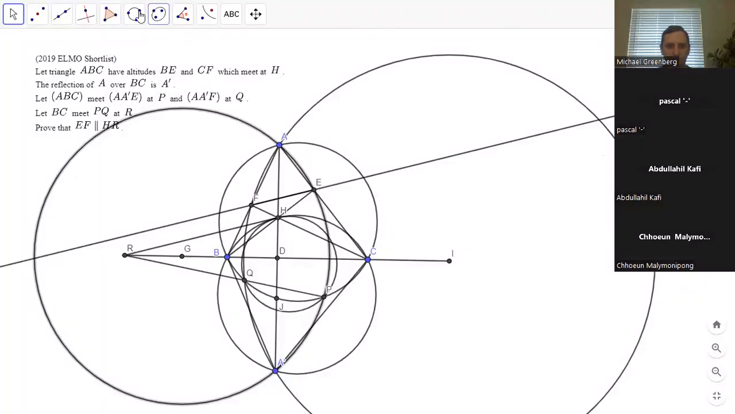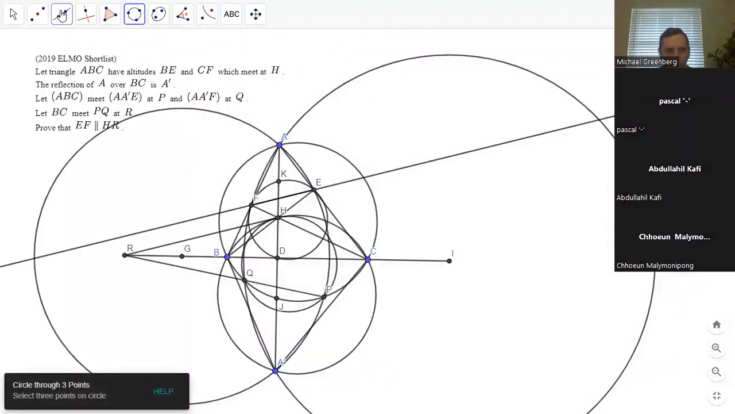Let's think about this. So one of the circles will go to the 9-point circle. Trying to figure out how to draw. What would the A prime go to? So D goes to H. So A prime is twice as far away, so it would go to the midpoint of AH. So it would go to K. So we just have to show that DEF and K